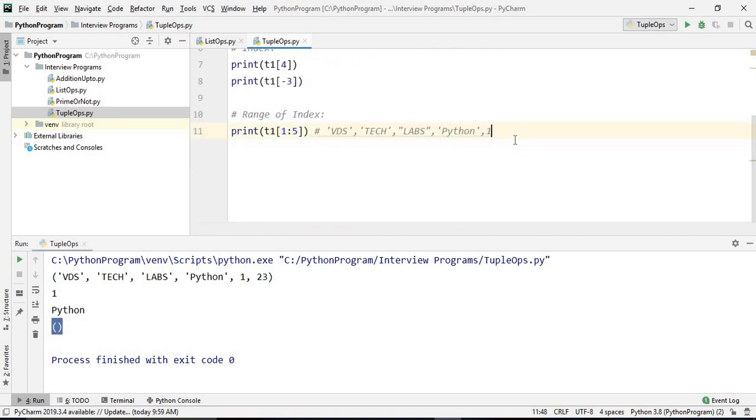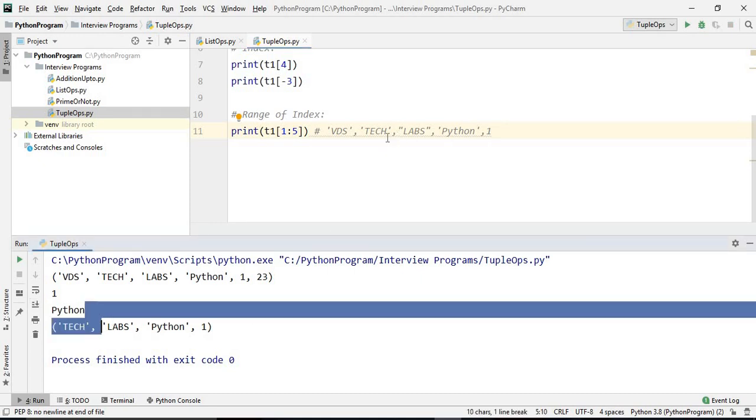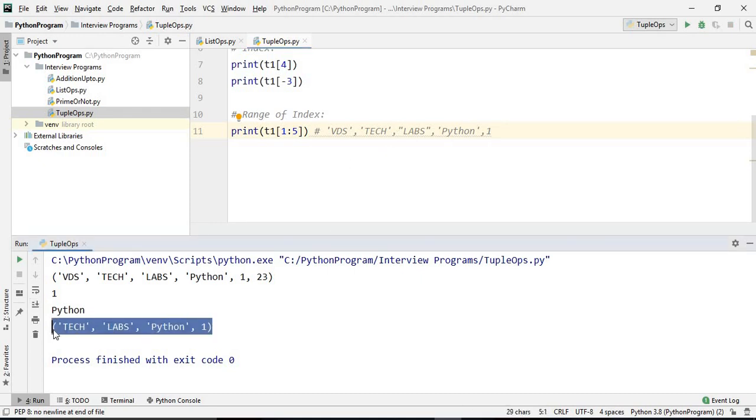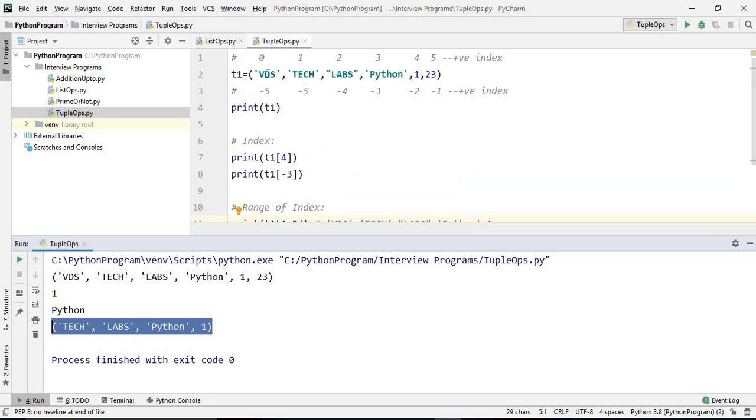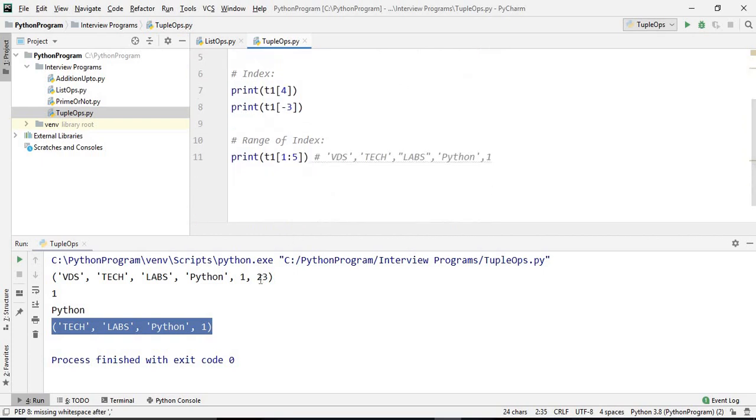So let's print this, Ctrl Shift F10. See, this one: Tech, Labs, Python, 1. So this is the range.